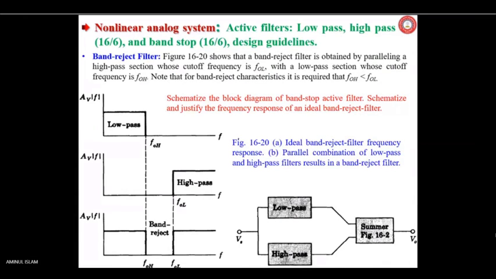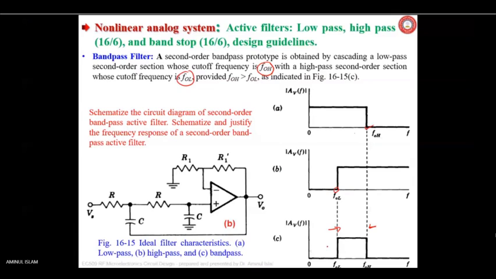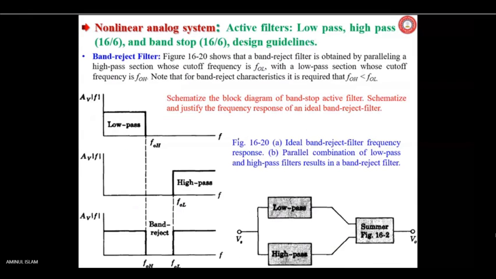Now band reject. This was band pass. A particular band is being passed, and the frequency is FOH and FOL. That kind of filter you have to cascade and you'll get it. Now band pass filter. Band reject filter. In this figure